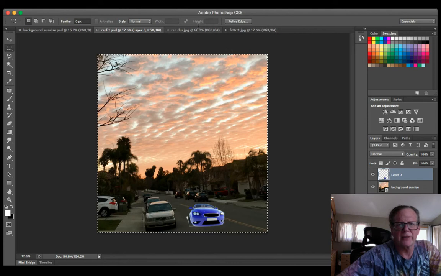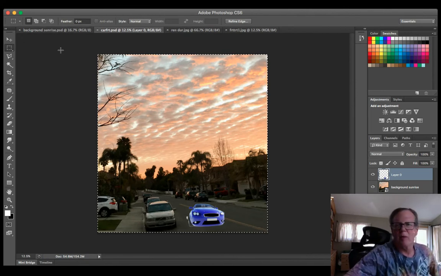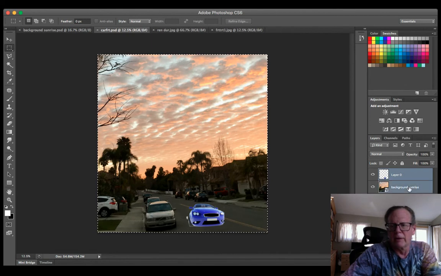So let's replace it. Replace this, maximum quality, and we now have a combined picture, which is usable. If we have to go into the future and we don't need these layers, we can hold down our Shift key,